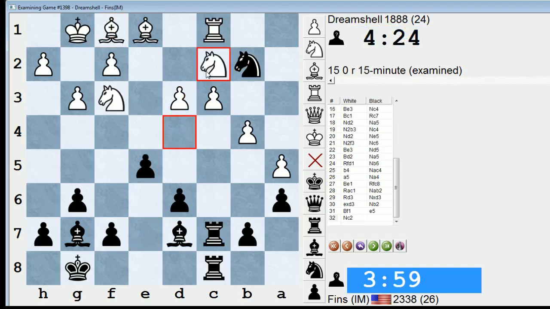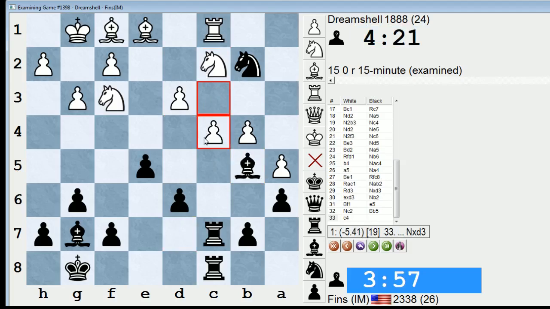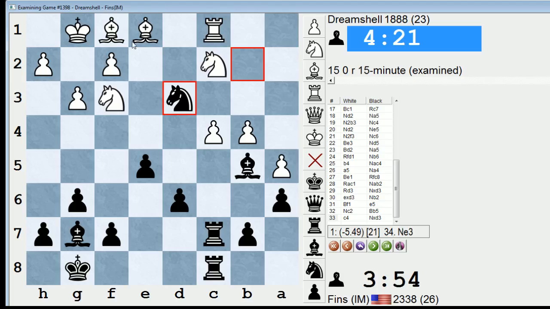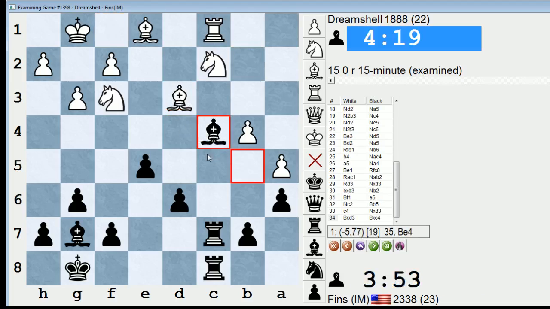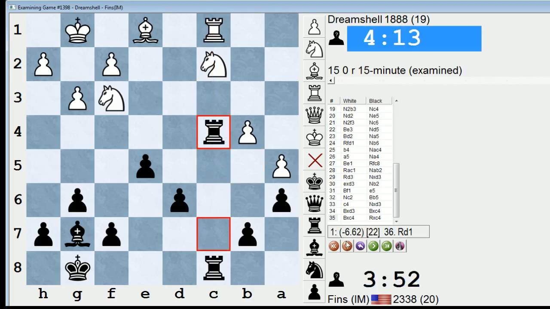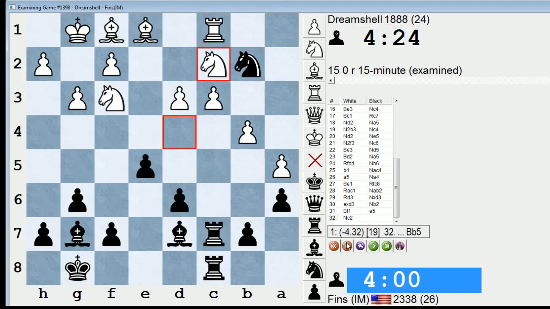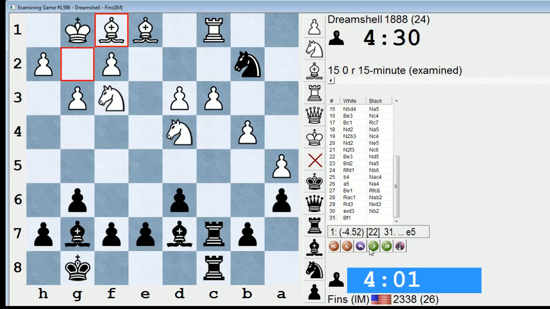Let's see. Knight c2, bishop b5. c4 doesn't help him. Knight takes d3, wow. And if bishop takes, just bishop takes c4, and he's in trouble down the c-file. Kind of mortally pinned. So the engine does find some more accurate ways to convert my advantage to the full point. Let's just take a brief look at